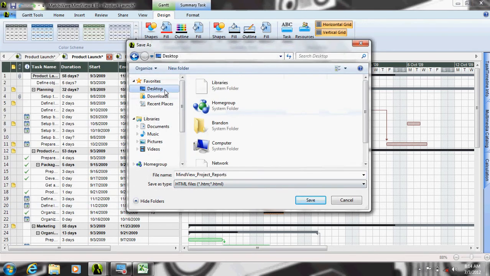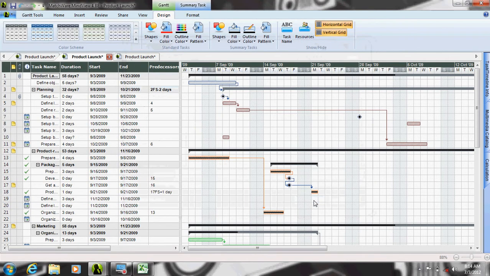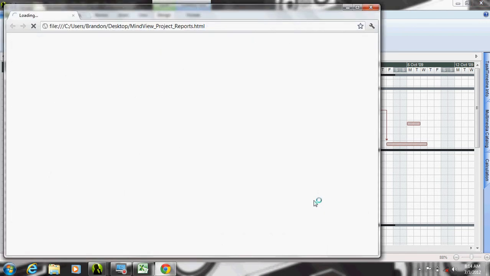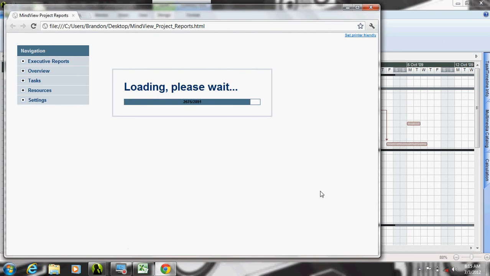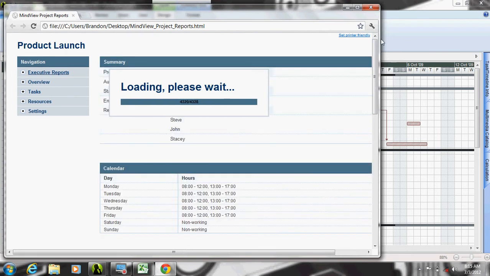What I'm going to do, we export it out into an HTML format, which is very easy to use. And a lot of these reports are going to, or not easy to use, but easy to share, I should say. And a lot of these reports surround themselves around task and resource management. And again, going back to the committed versus actual dates,